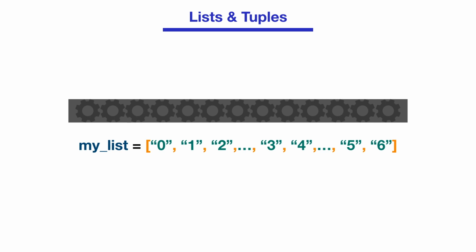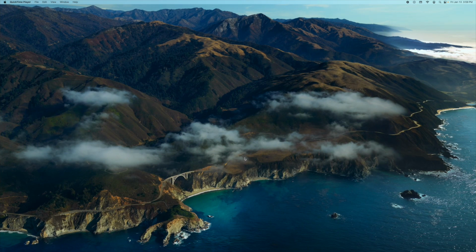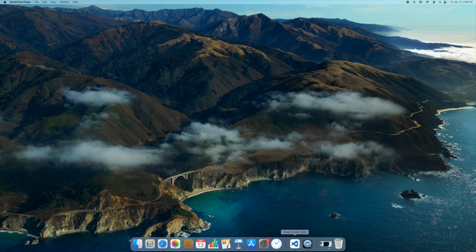Okay, now let's actually see this in action. Okay, here I am back on my desktop, and I'm going to show you how to create a list and a tuple using Python. So let's first open up our IDE